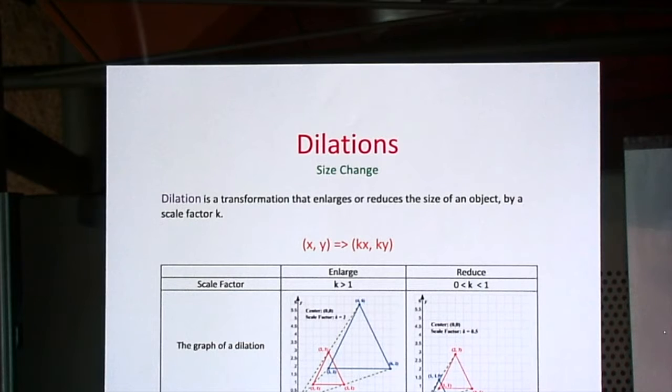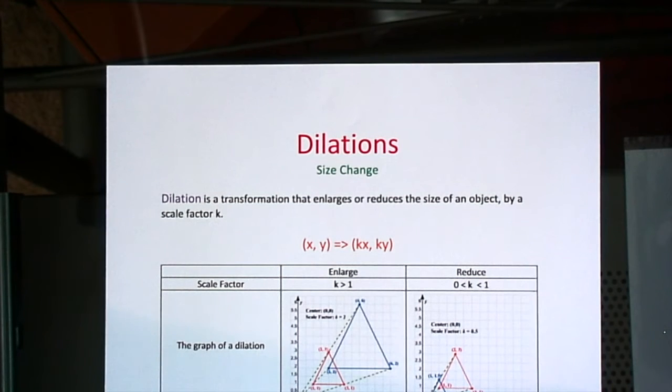Okay, today what we're looking at is dilations. A dilation is a transformation that enlarges or reduces the size of an object by a scale factor, which we will know as k. This is kind of like when you get a picture, and you can either enlarge the picture or you can shrink the picture. That's a dilation. So if you take a document and you find a picture online that you like, and you paste it into a Word document or something like that, when you enlarge it or you shrink it, you're really